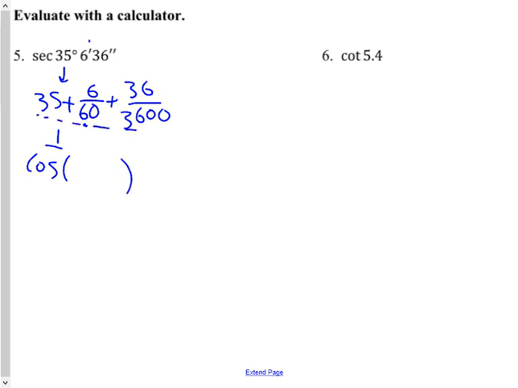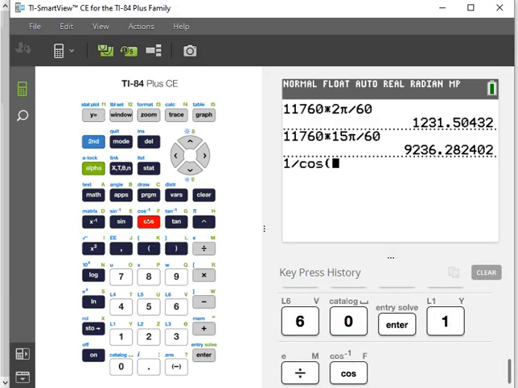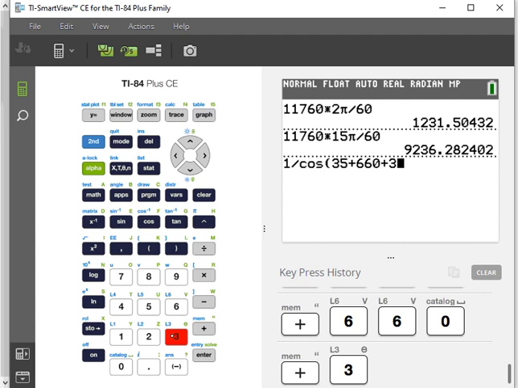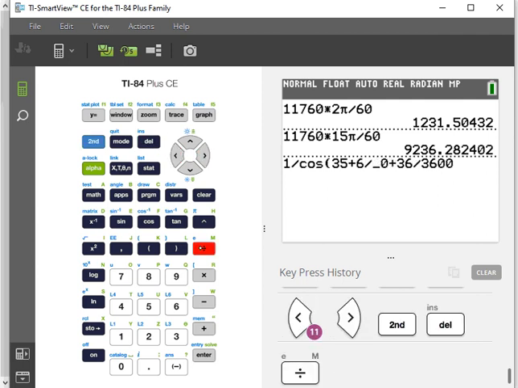We can just type this into our calculator: 1 divided by cosine of 35 plus 6 over 60 plus 36 over 3,600. I see I'm missing a divide sign somewhere in there. Go back, second, insert divide sign. There we go. Now, just a note, there are 2 different modes for your calculator. This question is in degrees. So you can either add the degree sign, which is, I believe,